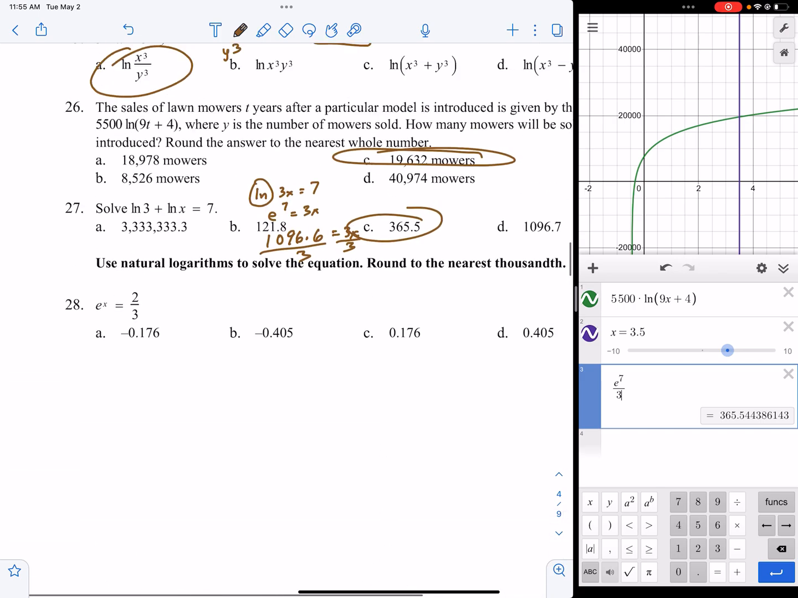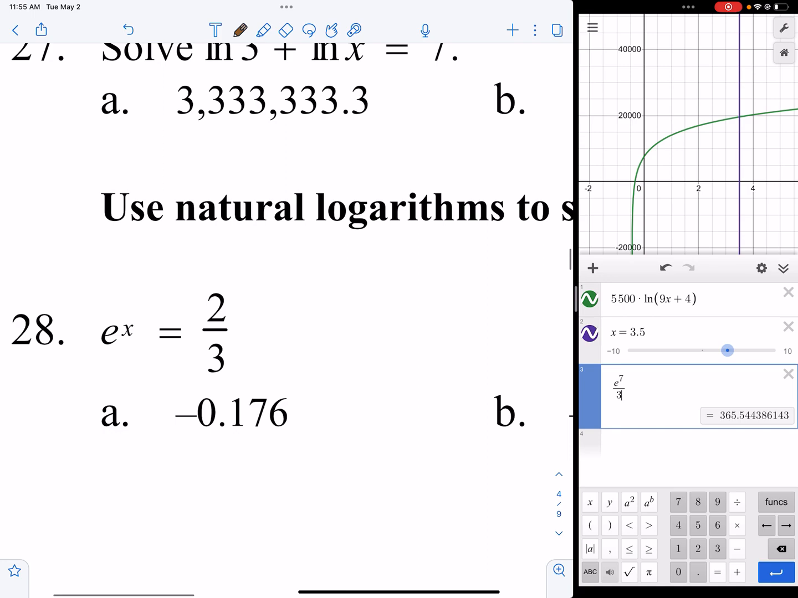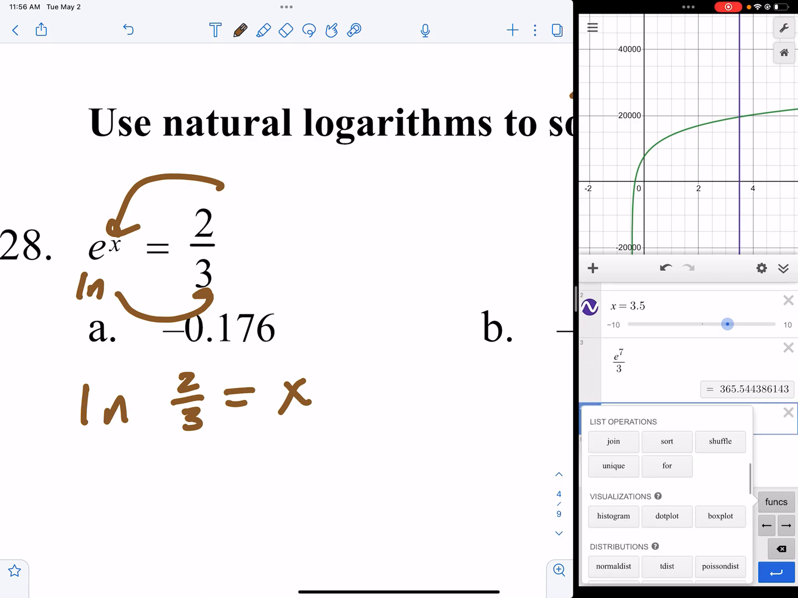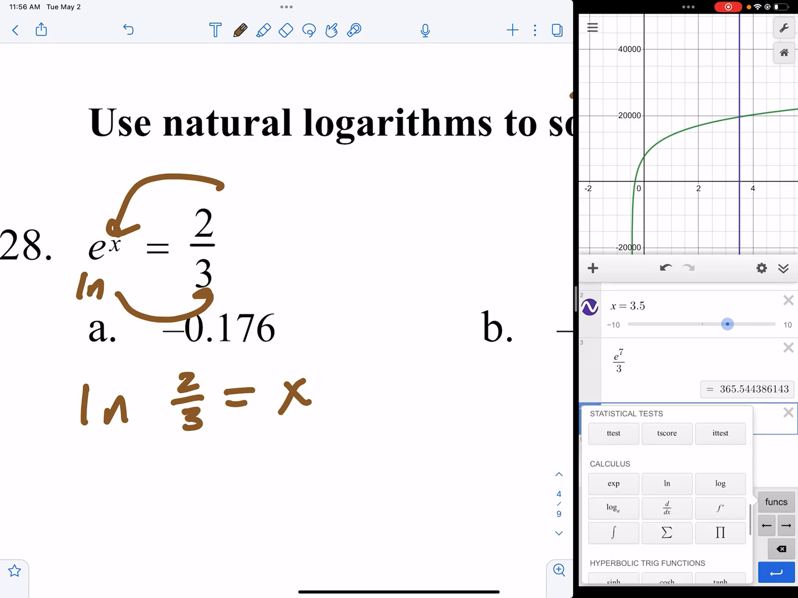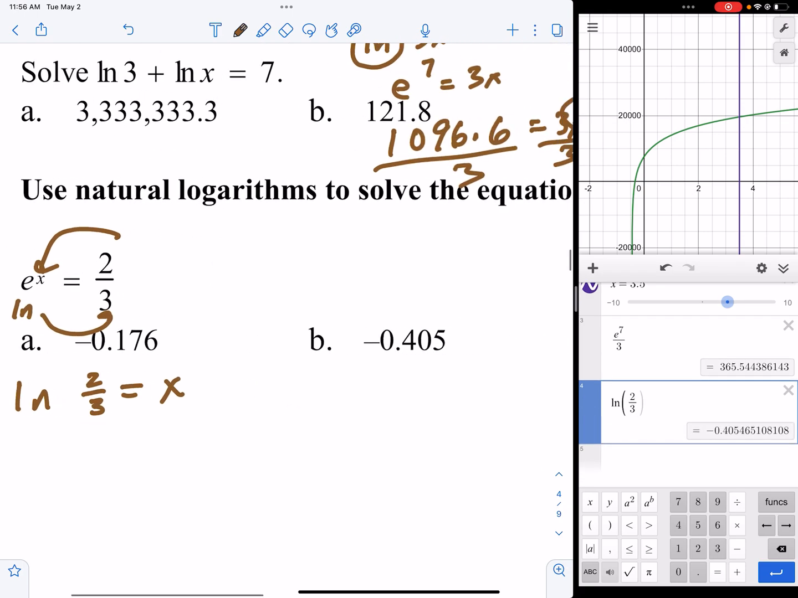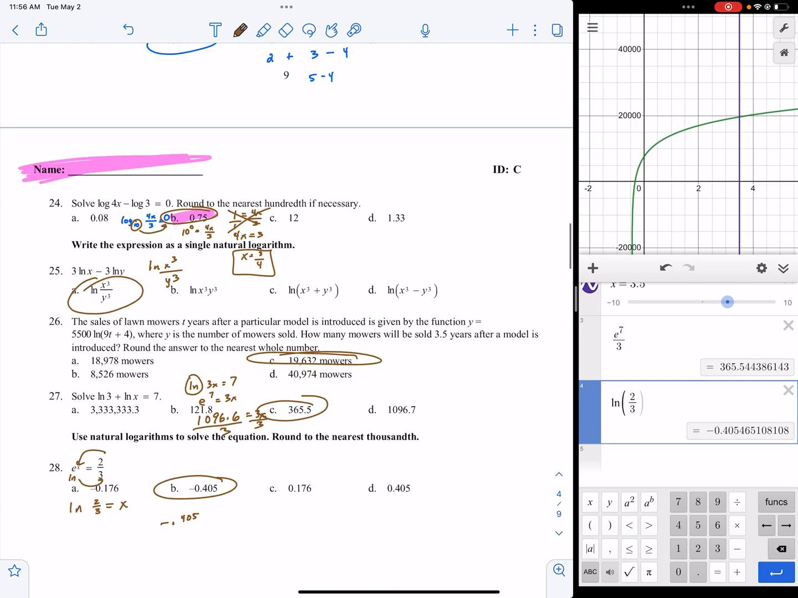All right, last question. All right. So you switch this to ln of 2/3. You switch the e to ln of 2/3 equals x. So you literally just type that in. Okay. ln of 2/3 is negative 0.405. There you go. Bingo. All right, again, your assignment is to do the other one, and let me know if you have